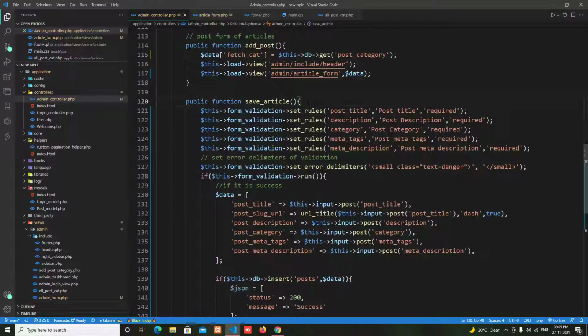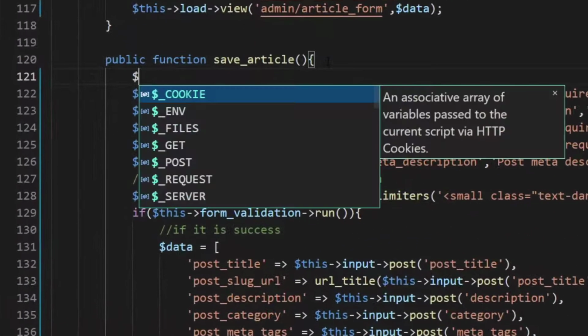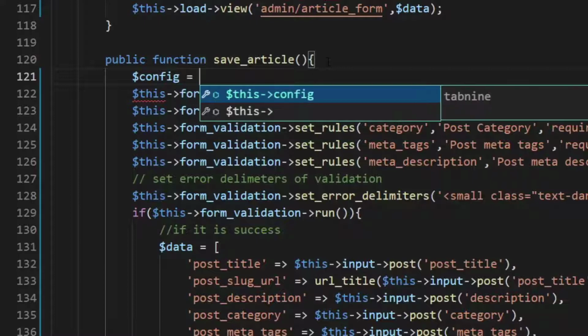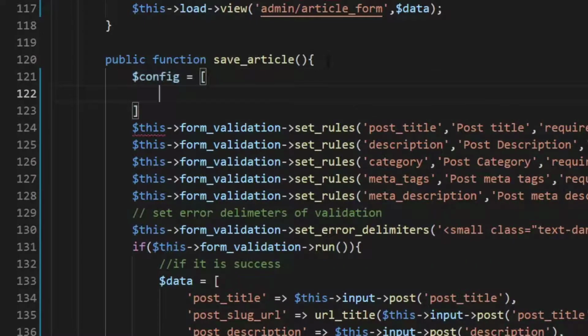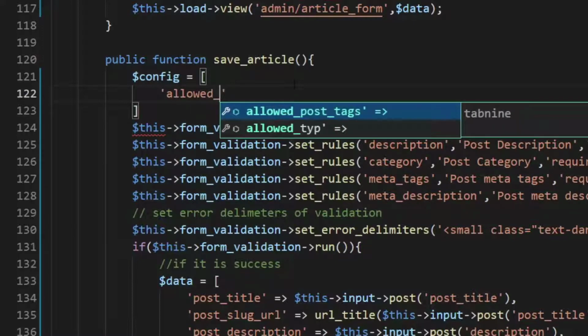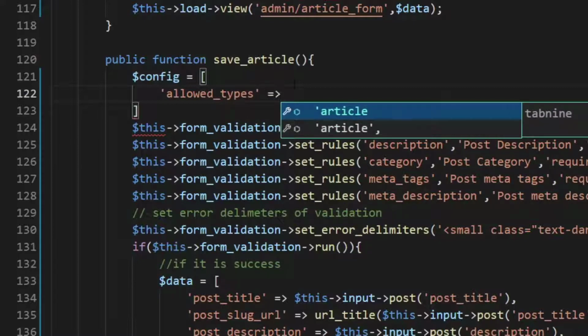So first of all, we need to set some parameters of this uploading feature. So take a variable, a config, and I pass some parameters into an array. The allowed types is